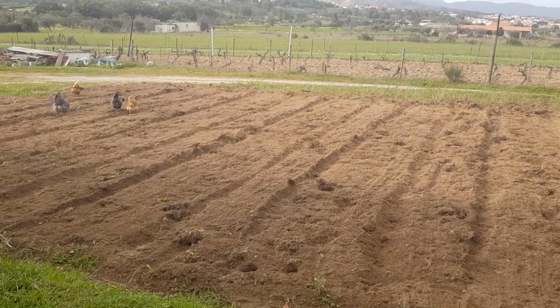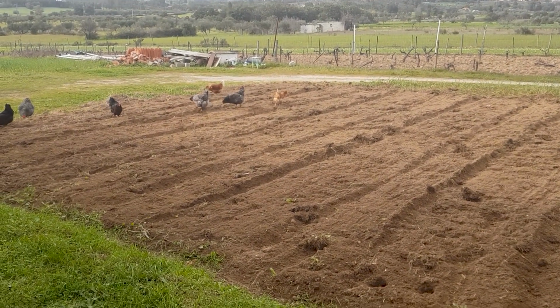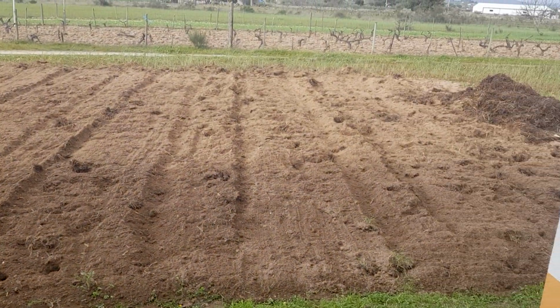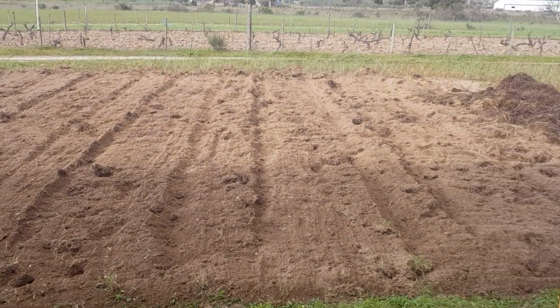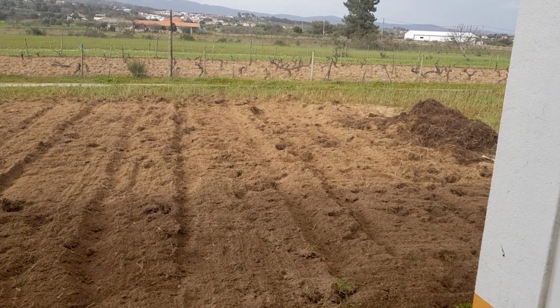So it's all ploughed now. It's all ploughed, and it's a little bit late now. It's like 4 o'clock, so I'm not going to start hammering poles into the ground. But we're nearly there, we can nearly start building our fence and all of that. We've got a little pile of compost left over there, which we're going to use for the fruit trees. 4:46, and